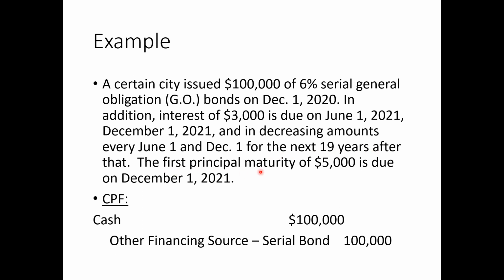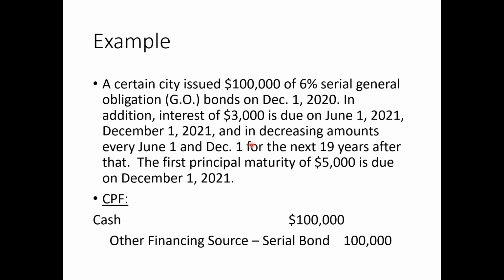The first principal maturity of $5,000 is due on December 1st, 2021. Right? This is a serial bond, and because we pay principal back every period, the interest amount will decrease. So let's record these